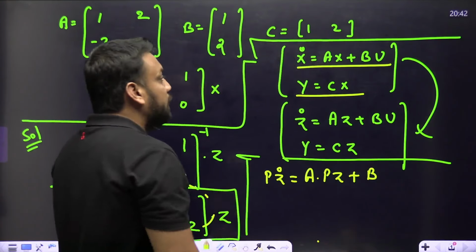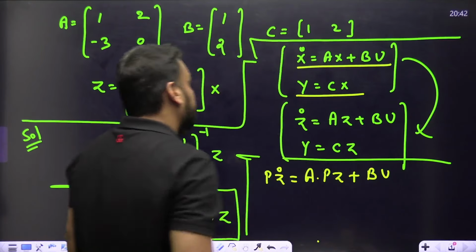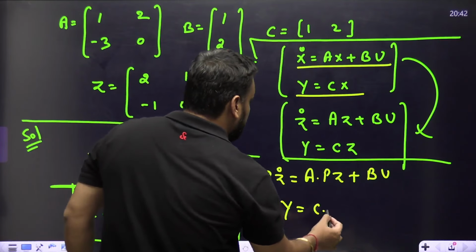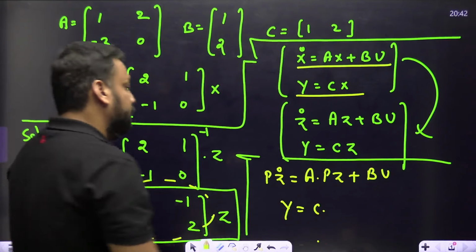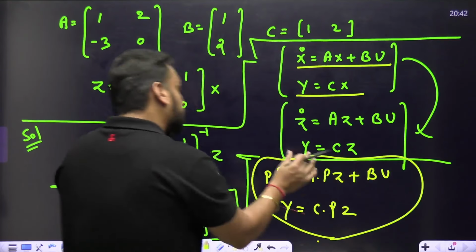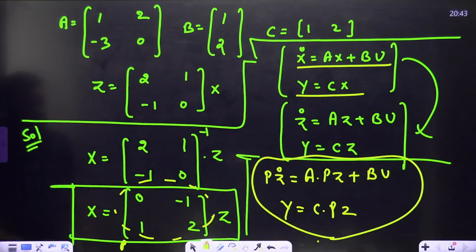अब बताइए b के साथ u आ गया क्या? हाँ सर, b के साथ u। सिमिलरली y इक्वल टू c, और x की जगह क्या लिखोगे आप, pz। इस तरह से आपका न्यू इक्वेशन z में बन चुका है, केवल सिंप्लीफाई करने की देर है। तो आइए सिंप्लीफाई करते हैं।